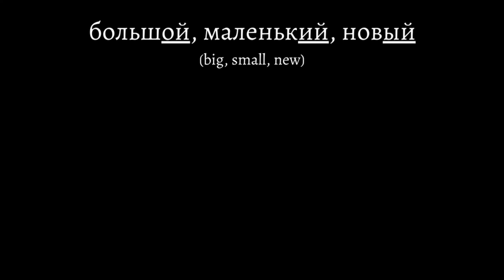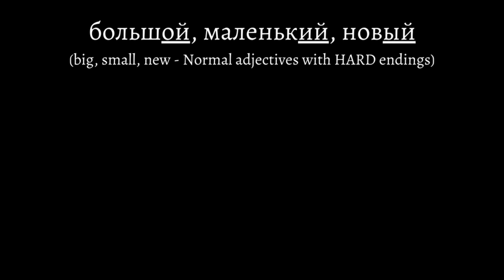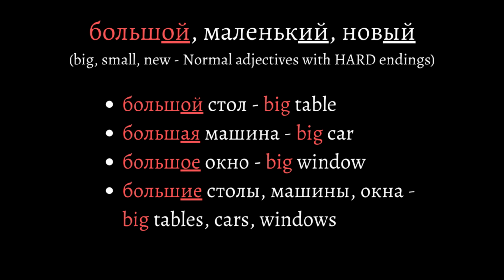As you can see, each adjective has a different ending, yet they all follow the hard adjective category in normal adjectives. To make learning simple and practical, every sentence that you'll see will utilize 3 different nouns in the 3 genders under every case. Let's begin with большой, and let's work with the following nouns: стол, машина, and окно, meaning table, car, and window. Using the nominative case, the adjective большой and the nouns стол, машина, and окно will look